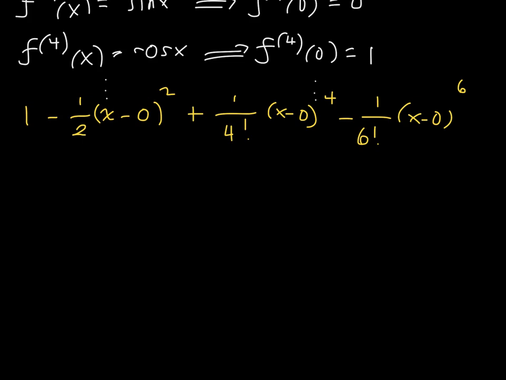The Maclaurin series is 1 minus x squared over 2 plus x to the 4th power over 4 factorial minus x to the 6th power over 6 factorial, plus etc. That's really cool, everybody, that this is the Maclaurin series, which is a Taylor series centered at 0